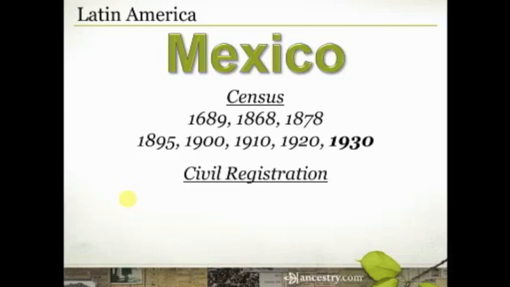Now, civil registration. Civil registration means government registration of birth, marriage, and death records. Civil registration in Mexico, and this is how I found this out, I just Googled Mexico civil registration. So again, you can do this for any country. Venezuela, civil registration. Brazil, civil registration, right? That's the key phrase that you're looking for if you want to learn about when they started keeping these records. So Mexico started keeping civil registration in 1859.